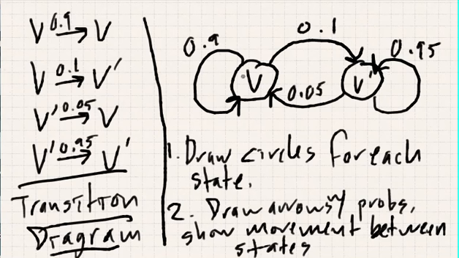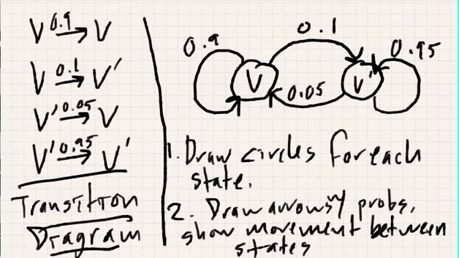Okay, so this represents all of this information over here, but in a nice way. You can imagine somebody being over here and coming around this loop and then jumping over here, sticking around with a couple of other providers, then deciding to go back to Verizon, sticking with them for a while, whatever. So it's a nice physical representation of what is going on.